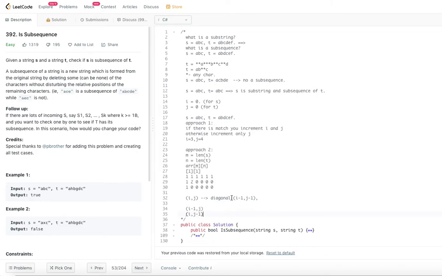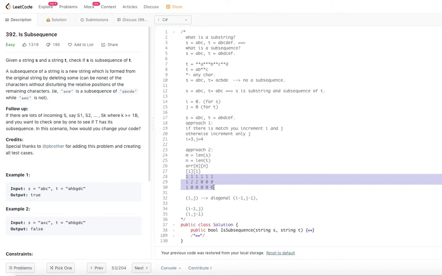So you take the maximum of these 3. So what is the maximum of these 3? It will be 2, right? That's what we are going to put. So that is the logic that we are going to use to fill this particular matrix. Got it? So basically, once we fill this matrix, whatever the maximum value that we have in this matrix is our answer, right?